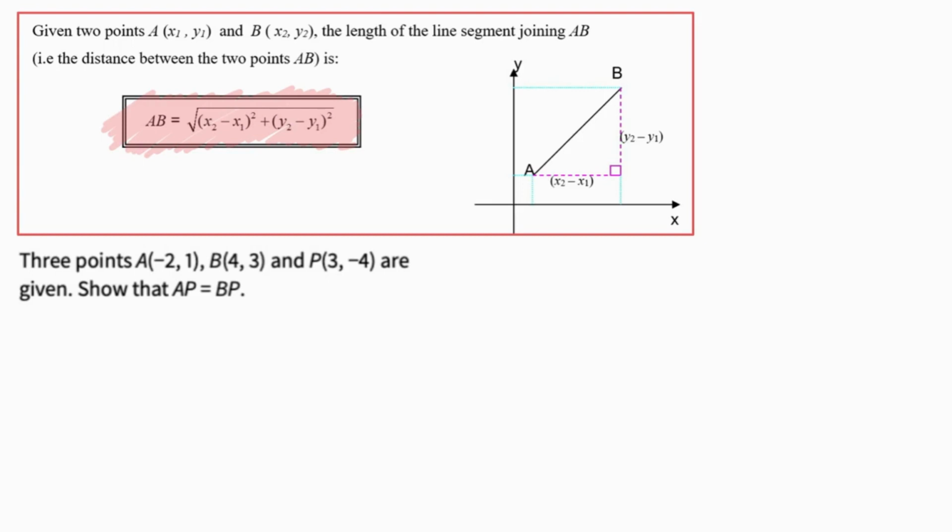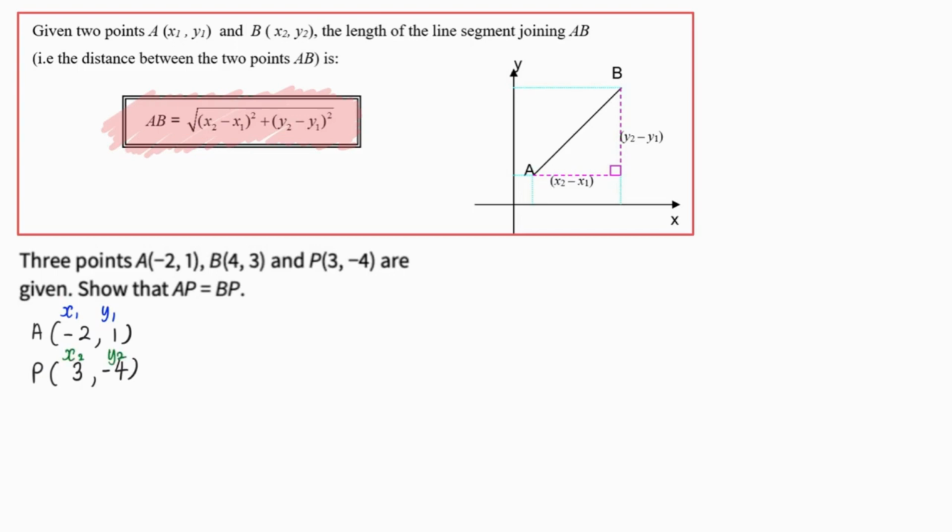So the very first thing is I want to know what is my length AP. It involves the point A, which is -2 and 1, and my point P, 3 and -4. In this case I'm going to label this as my x1 y1 and my x2 y2, so that when I apply this formula out,